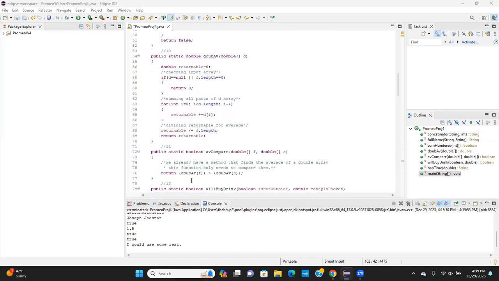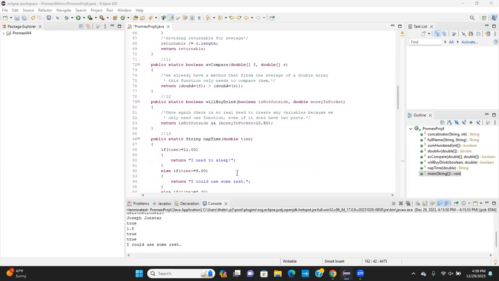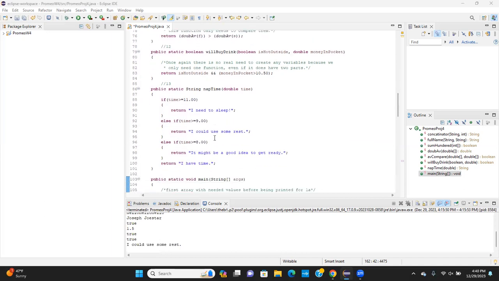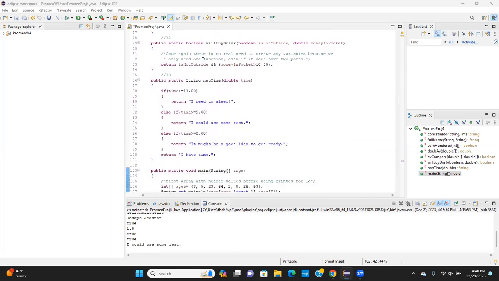And for number 11, because we already had something that returns the average, we simply had to use that function right there, create a comparison for that. Will buy drink. Once again, very simple. Simply return the output of this function right here, which would check the boolean, the insert boolean, and compare the double with $10.50. And lastly, number 13 would be this comparison where it takes the boolean of the time and